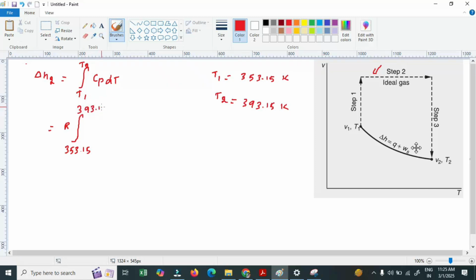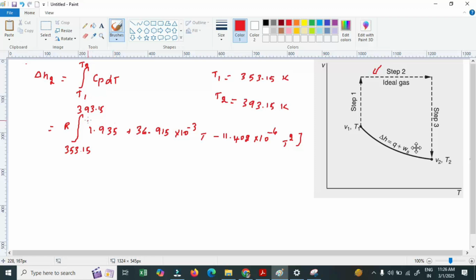I will get 1.935 plus 36.915 multiplied by 10 power minus 3 into T, minus 11.402 multiplied by 10 power minus 6 T power 2, dT. I'll be doing the integration directly here, so I don't want to waste your time. Del H2 will be equal to